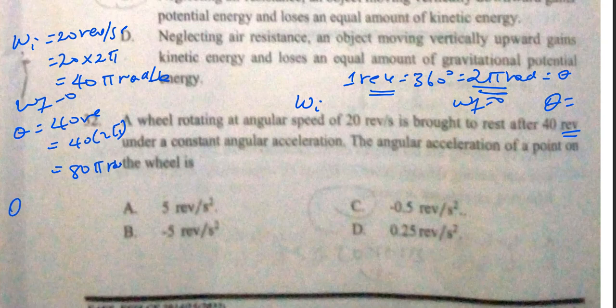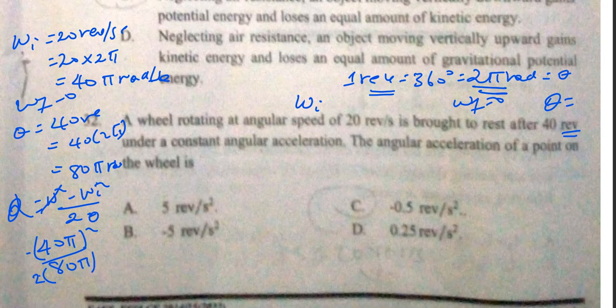Then angular acceleration is omega final minus omega initial square over 2 times theta, this is 0 then 40 negative ነው ይሄኛው 40 pi square over 2 times 80 pi ኤ ላይኛው ስንት ነው የሚመጣው 1600